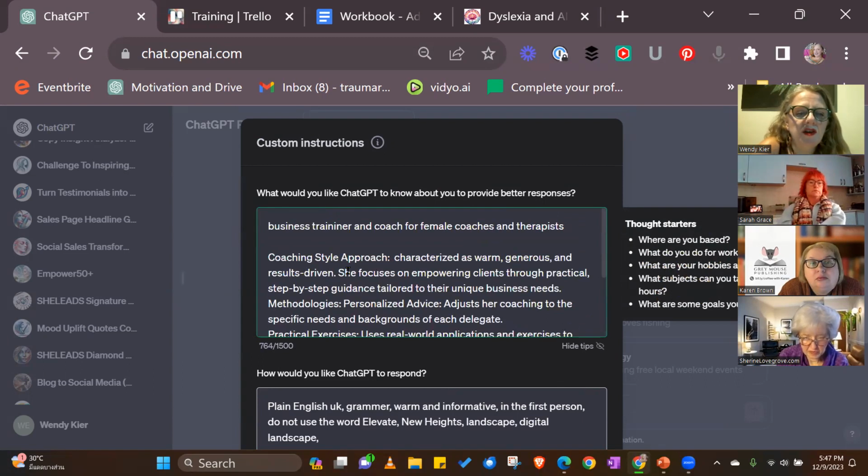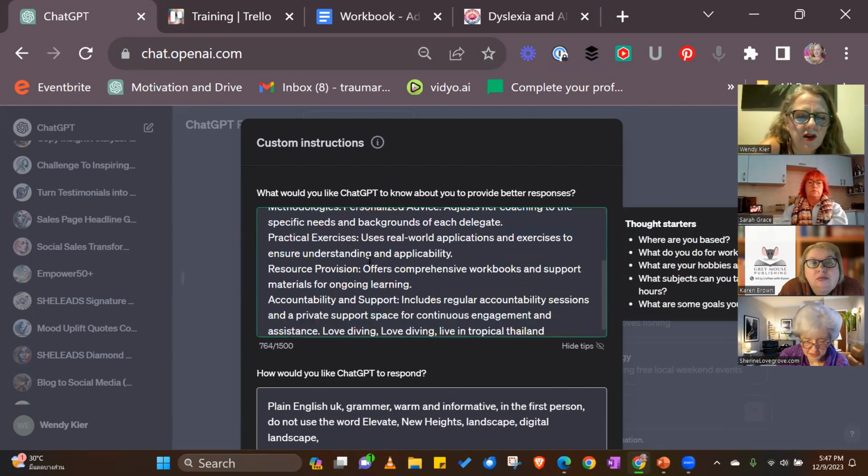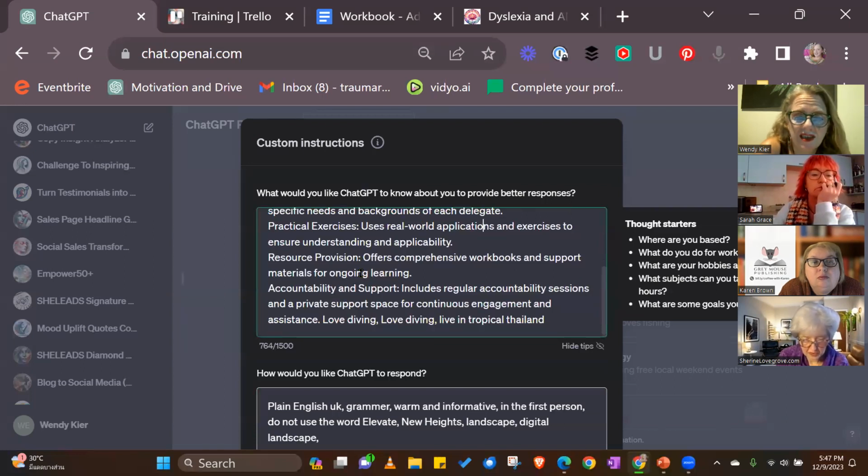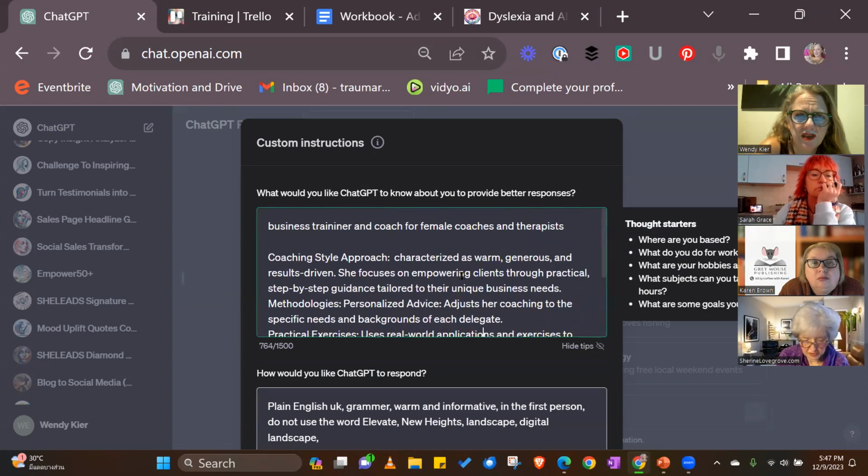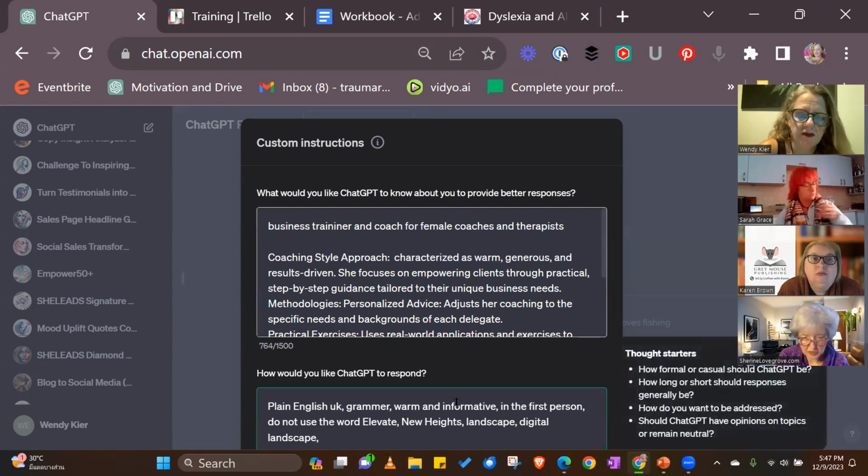I've got in here my coaching style, my methodology, practical exercises, resources, accountability. I could do a lot more, but I've just pulled this copy out of a client persona, which talks about the benefits of what I bring, and I've just popped it in.